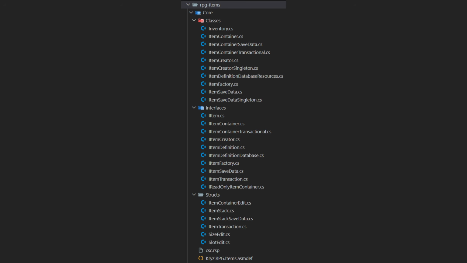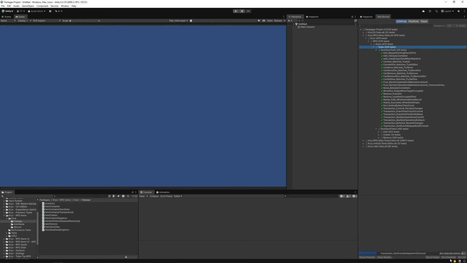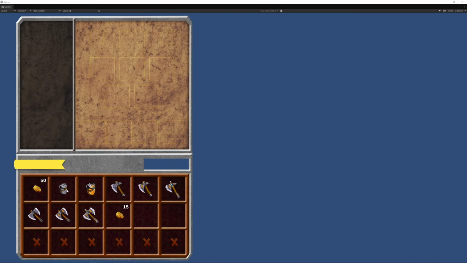It reduces dependencies and coupling, and makes it easily testable. If you don't have engine references, you can easily run tests without having to enter play mode, load scenes, assets, or anything like that. It uses less memory, performs better, and is easier to save and load from disk. And last but not least, it's also easy to integrate with different types of views,